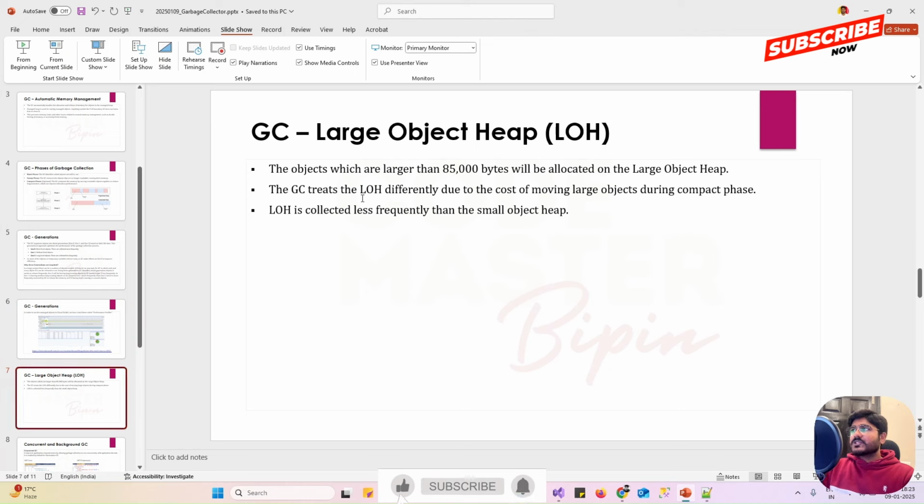Next is the large object heap. As I told you, there are two kinds of object heaps over there: the small object heap and the large object heap. As the name suggests, the small object heap is responsible for small objects, which are less than 85,000 bytes. The objects which are larger than 85,000 bytes are allocated on the large object heap. And the garbage collector treats the large object heap